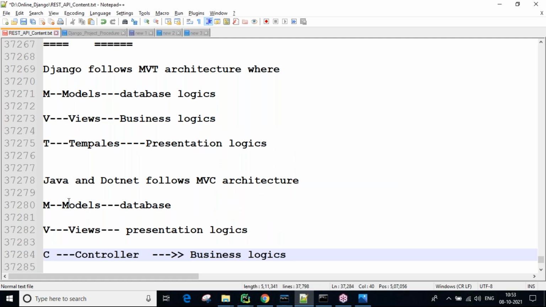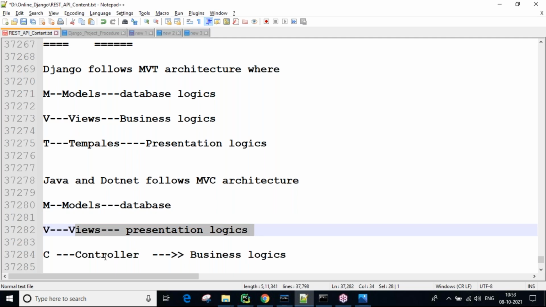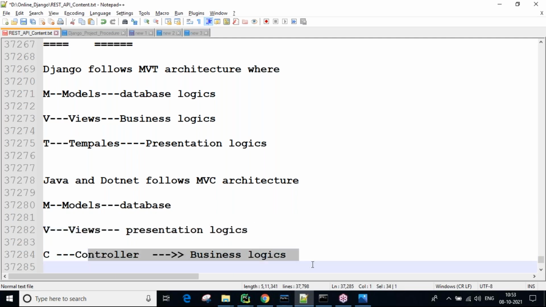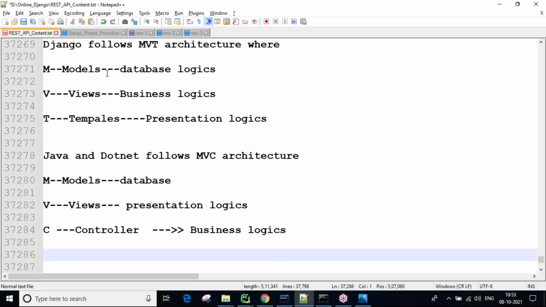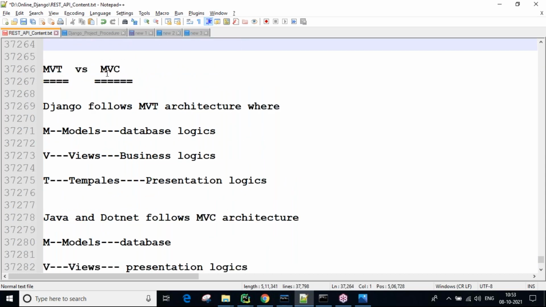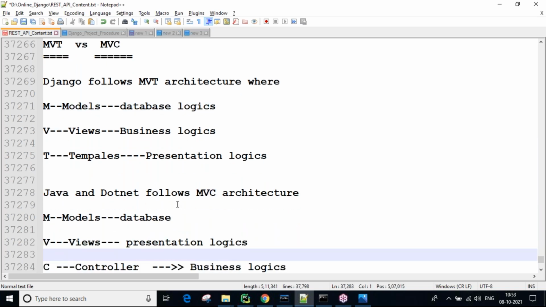M stands for models, which is for database logics. V for views, used for presentation logics. C for controller, used for business logics. You need to tell this, guys. When an interviewer asks, you can explain it immediately.